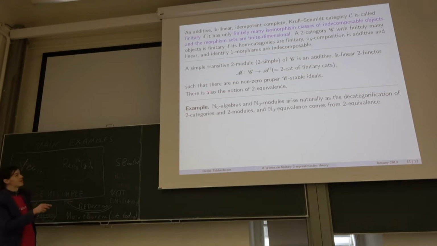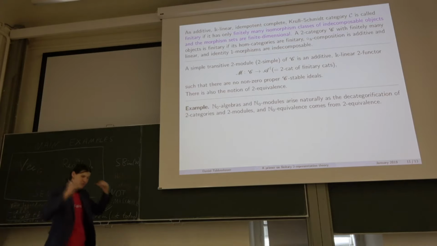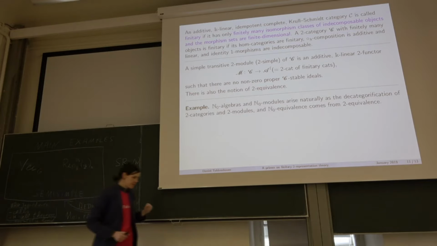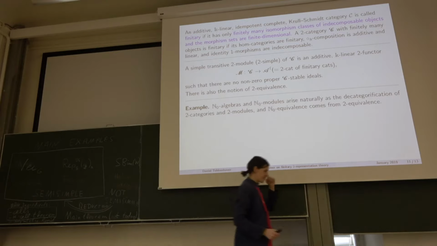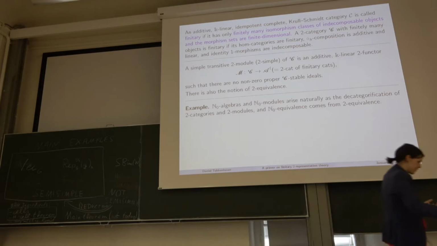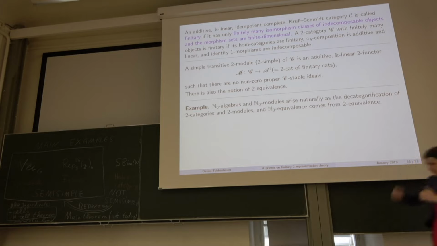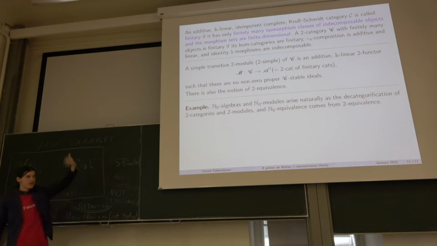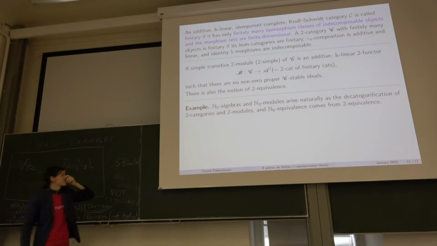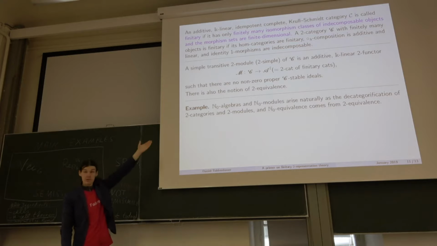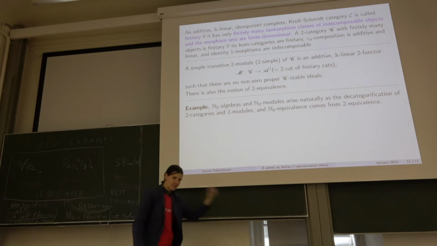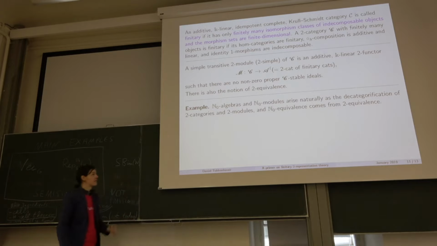Okay? And well, you can also form then, that's what I roughly sketch here. I only have something like 7 minutes left. You can form a two category of two representations where your objects are now those two functors, your morphisms are natural transformations, and your two morphisms are what is called modifications, which is the usual notion you see for three categories turning up. So the next level after natural transformations are called modifications. In particular, you have something like a notion of a two equivalence, and everything is nice. And you call a module simple, two simple, if it has no stable ideals. So you act with your category and you don't find any stable ideal. That's when you call it two simple.